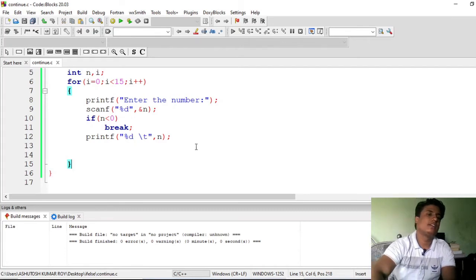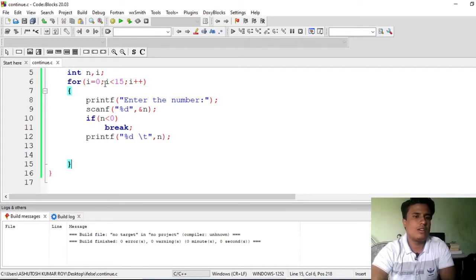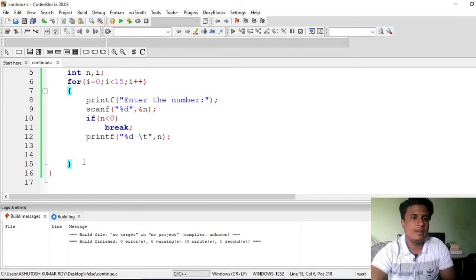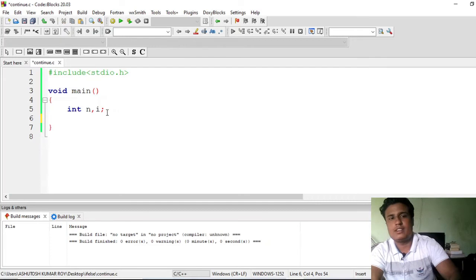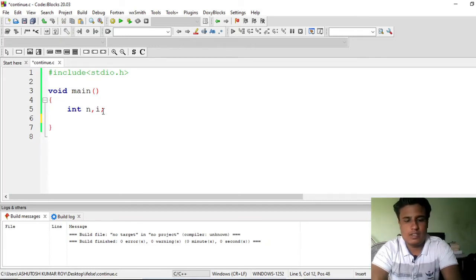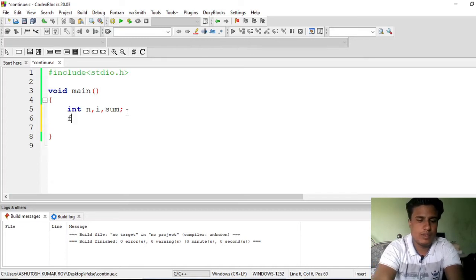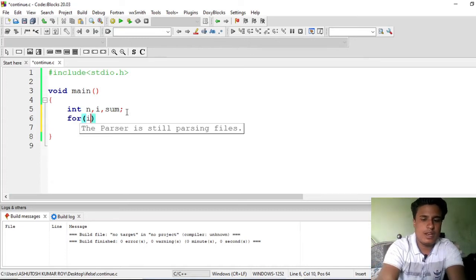So now let's do the same thing, but let's create something different. You can calculate the sum of 15 numbers. It will be more useful with the continue statement, and we'll understand it more. So let me erase this and freshly create a new one. Let's define sum here also. Now we will see the usage of continue. For i equal to 0,